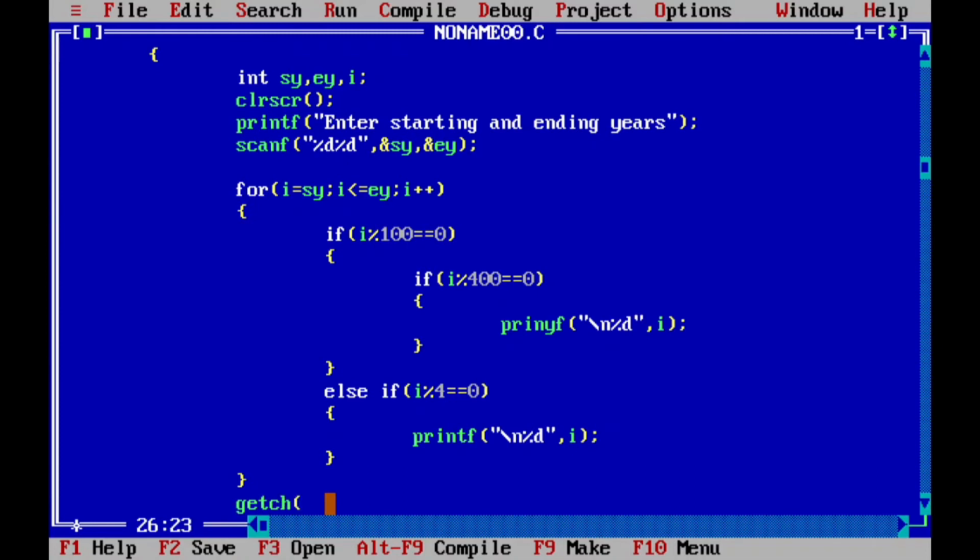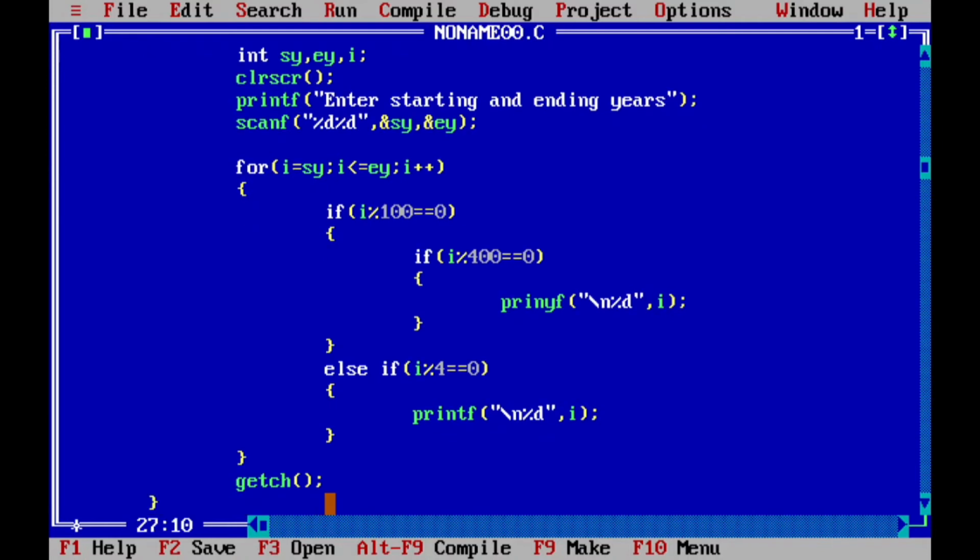Finally, to see the output directly after execution of this program, write getch, then the closing bracket of main.